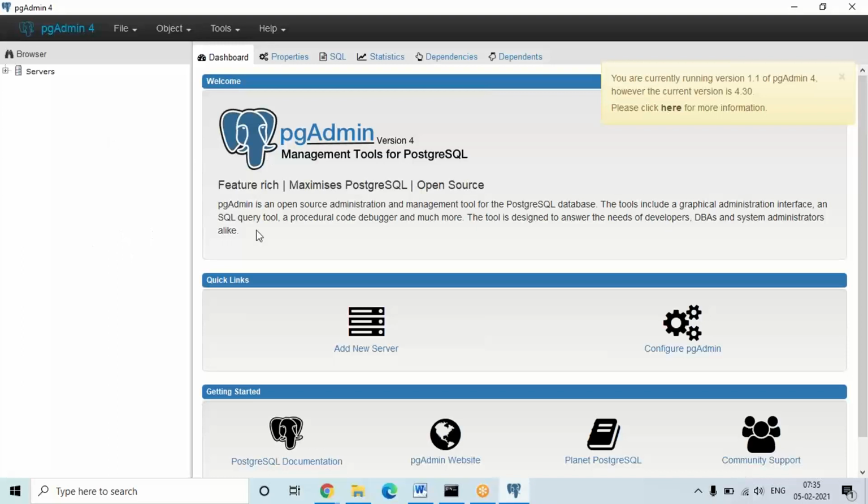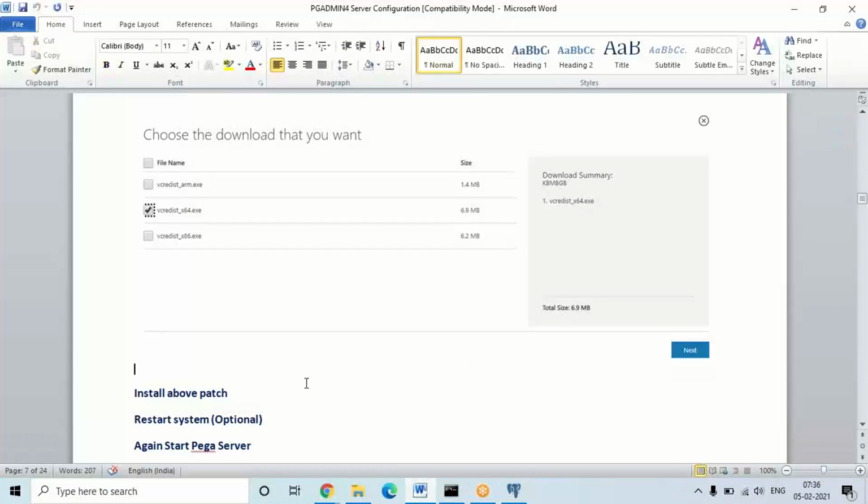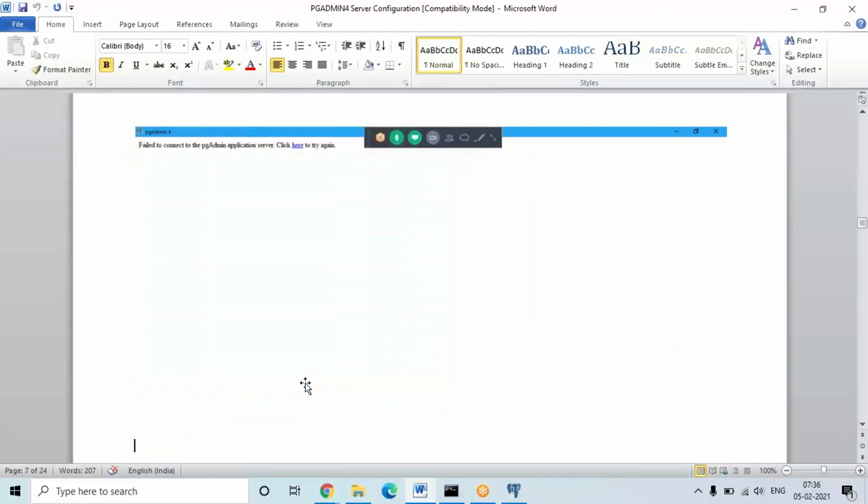Okay, in my system you can see the window that opens. It will open and display like this. Once it is open, sometimes when you try to open, you may get a message like fail to connect. If you get that, there is a retry link here. Retry and check for a few seconds. If it is still not displaying or opening anything, close the window and once again click on the pgadmin4 icon. Sometimes this is not an error, but it is unable to connect to that particular server window. So if you get a message like this, close the window and click on the icon again.